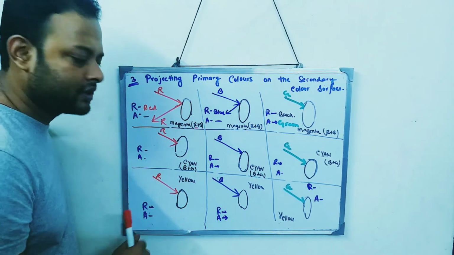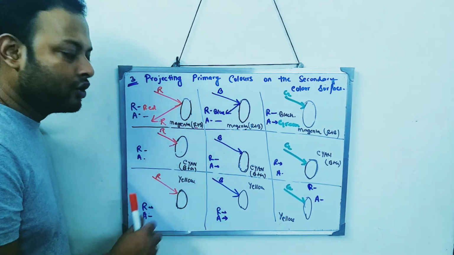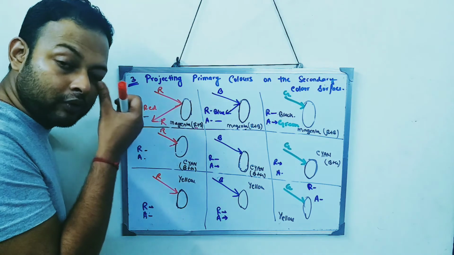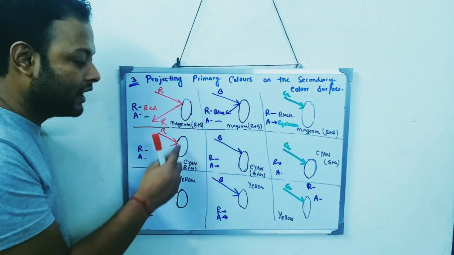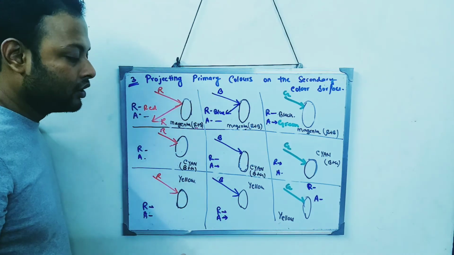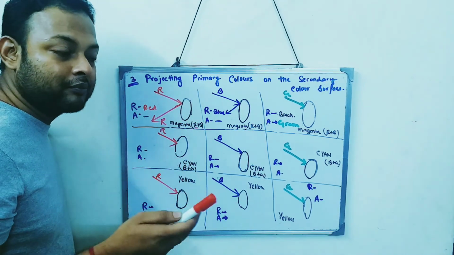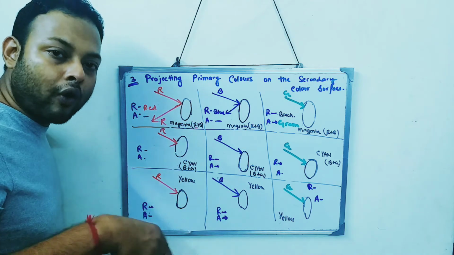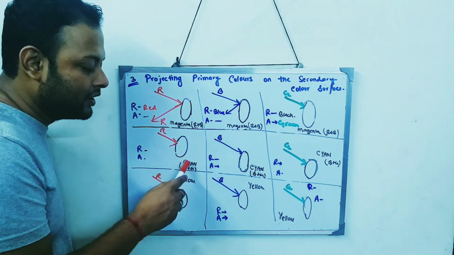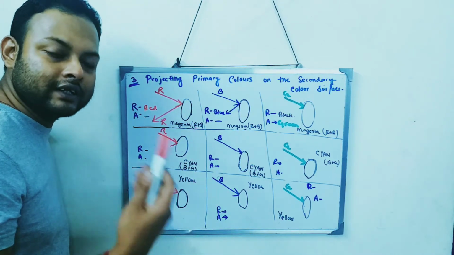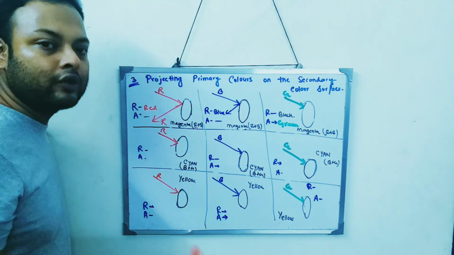Cyan is what? Cyan is nothing but blue plus green. So this cyan surface can reflect either the blue or the green. So a cyan surface will reflect blue or else green. So that is what I told you. A particular color reflects its own color or the components of the color. Now this particular color cyan will reflect the cyan color, or actually it reflects the blue and green combined.